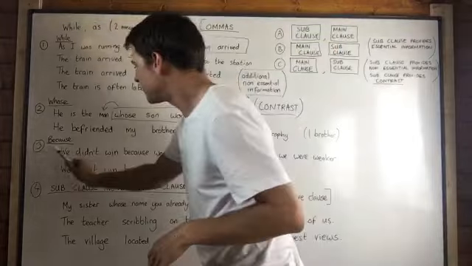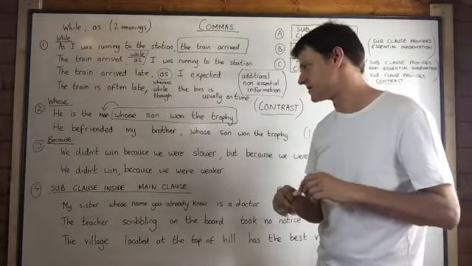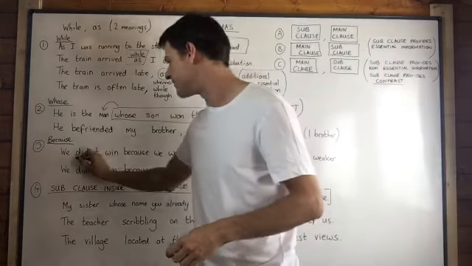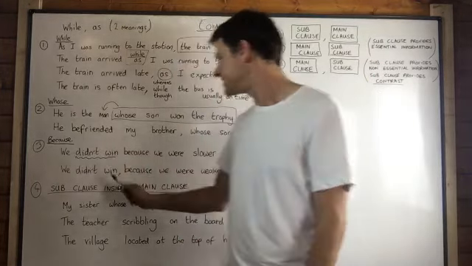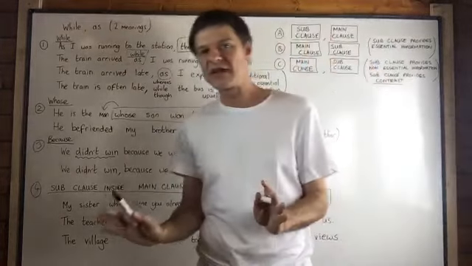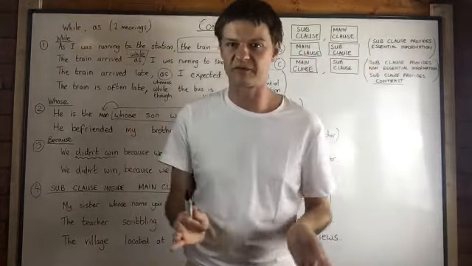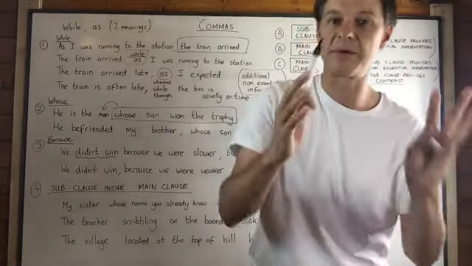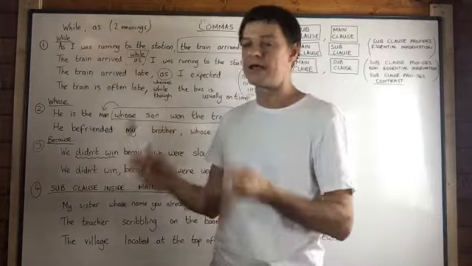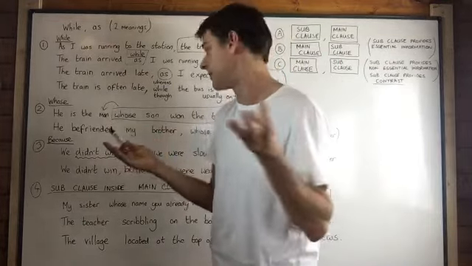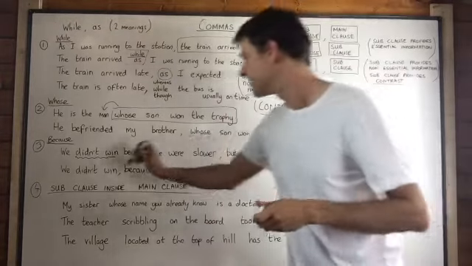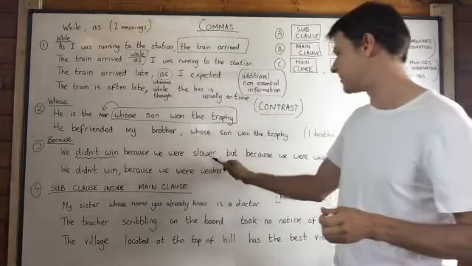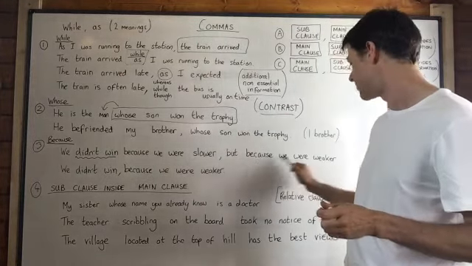Okay, look at number 3, which is "because." "Because" is a little bit different, and you need to understand that this is really when you have a negative verb before the "because." We didn't win because we were slower. Now if we just have that sentence, we didn't win because we were slower, it can mean two different things. It can mean we didn't win because we were slower but because of something else, or it could mean we didn't win because we were slower. And so which one do we mean? Well, if we don't have a comma, we mean that it was something else. We didn't win because we were slower, comma, but because we were weaker.